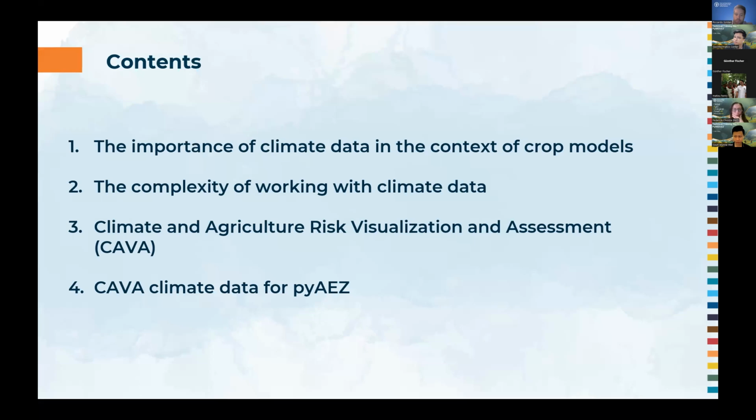The tool that we developed, but this is going to be very brief, because of course this training is about PyAEZ. In principle, the climate data we work with is part of a tool we developed, which is called CAVA. It's freely available online. You can Google it, you're going to find it. And then the last part is how we are going to use the data that we are hosting in CAVA for PyAEZ.